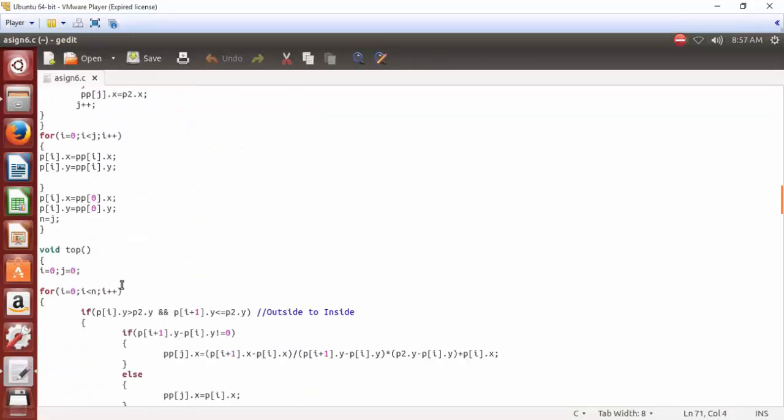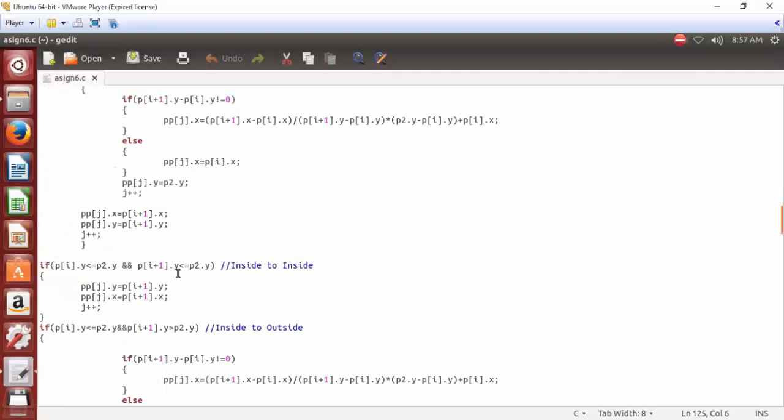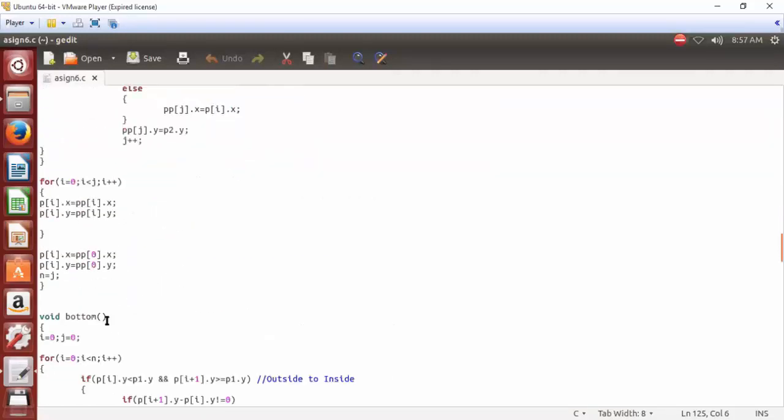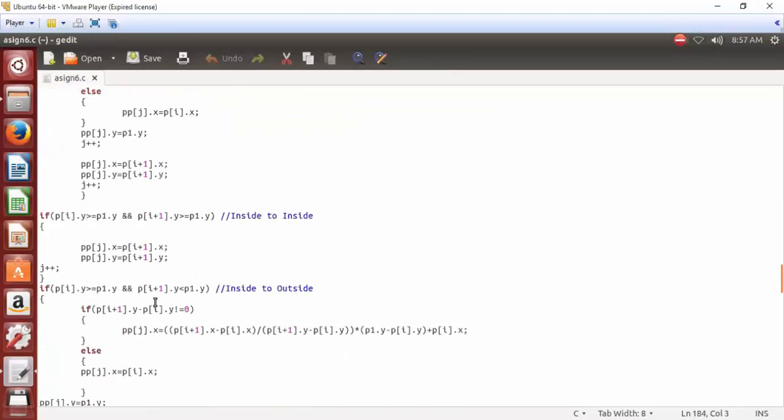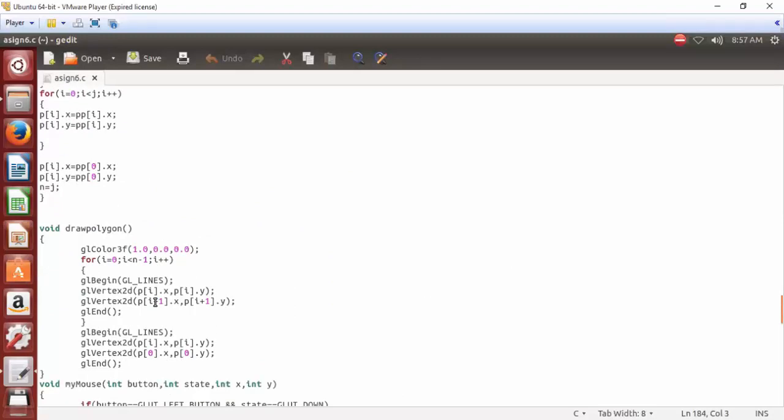After this we are having the top function which clips the top part of the window, and last we are having the bottom function which clips the bottom part of the window. We will see all this one by one.